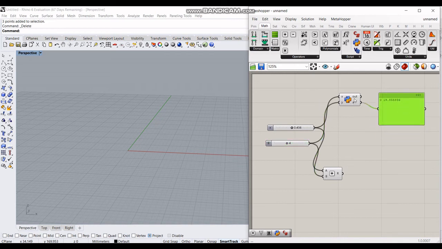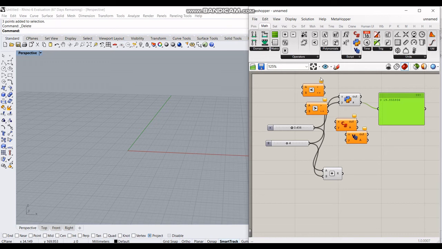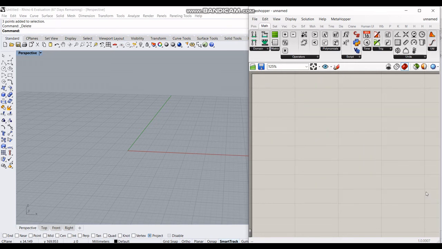So this is one of the advantages of having this, but apart from this you can also do your regular Python operations here, and if you are comfortable with C#, you can use that as well, or Visual Basic Script. There are other useful mathematical operations like less than or equal to, greater than or equal to, square, square root, etc. Now let's go to something that we can visualize.